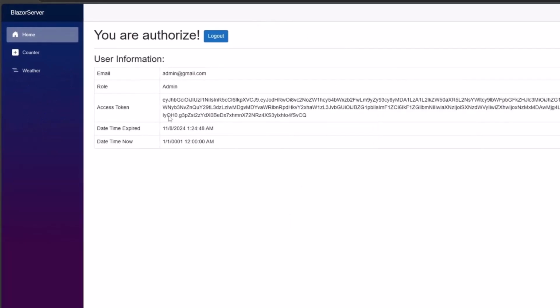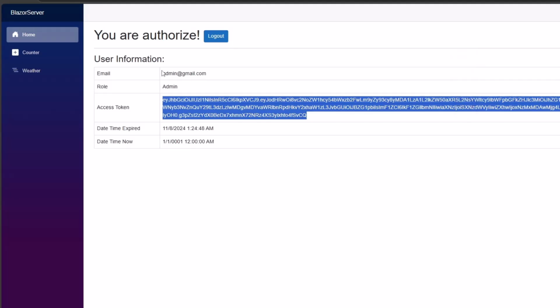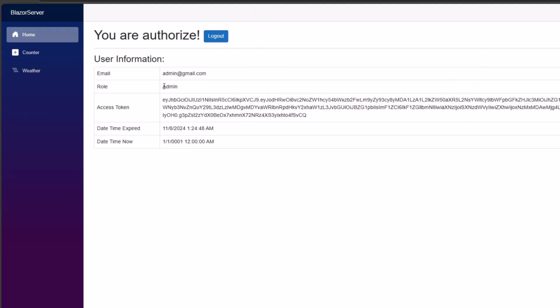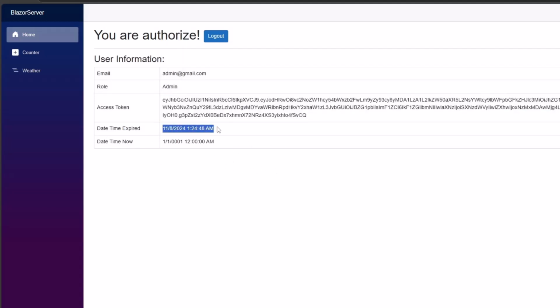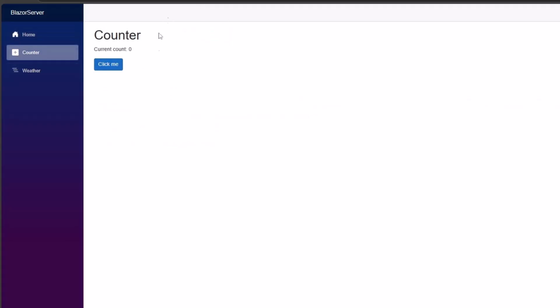Now we are able to see the user information, the email, the role, what token we currently use for access token, and the date this token expires. And if we go to the counter, nice, we are able to see it, and we expect not to be able to see the weather and to be redirected to access denied. Nice, we got the access denied.